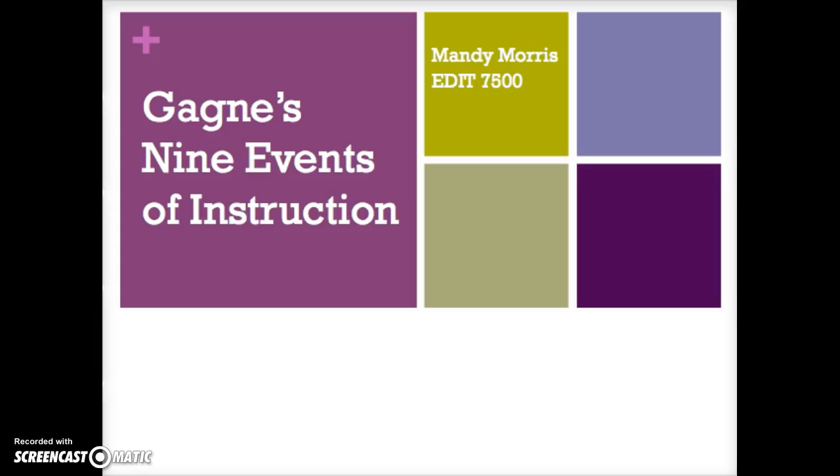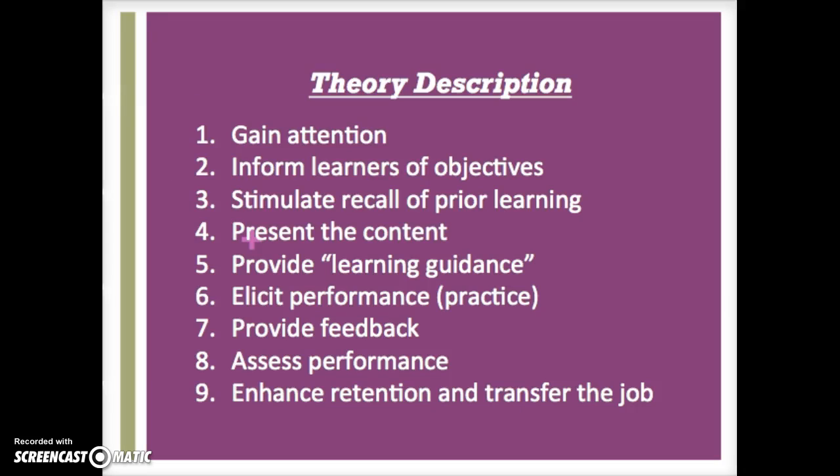For my Cool Theory number 2 presentation, I decided to research Robert Gagne's 9 events of instruction. Robert Gagne created a step-by-step process to allow students and teachers to optimize the learning process in the classroom. These are the 9 steps that Gagne wrote down that teachers should follow when creating their lesson plans or activities